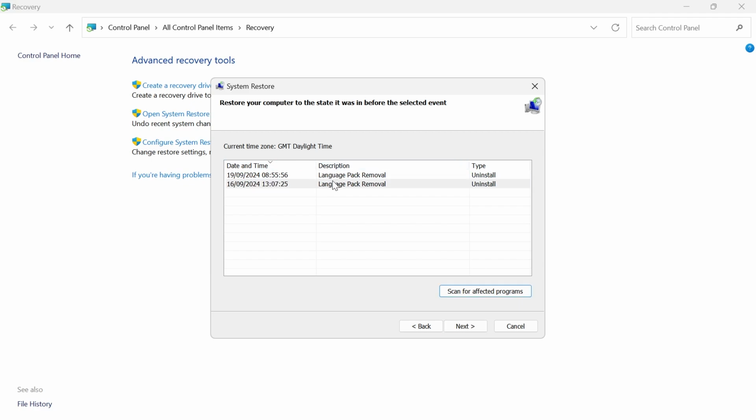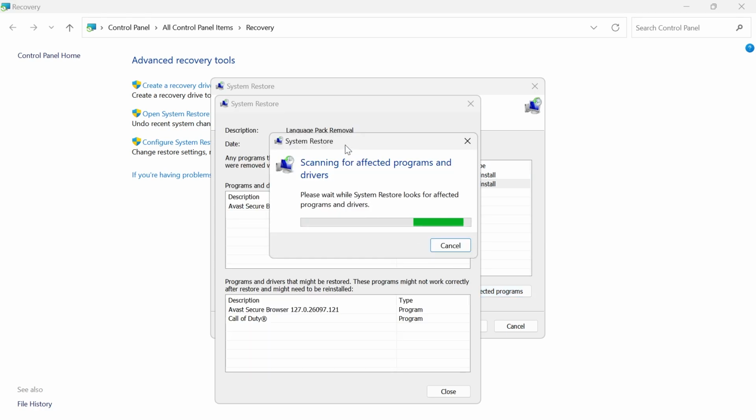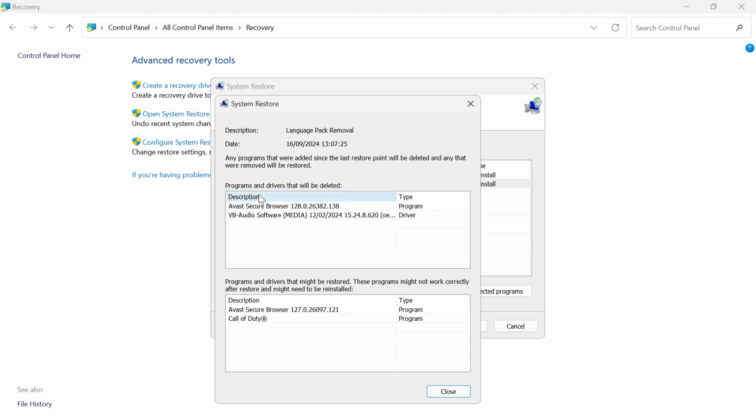the apps. If you're not sure which recovery point to choose from, you can also press Scan for Affected Programs at the bottom here, and this is going to scan all of your apps and drivers, and it's going to list all of the applications that were affected. So you can see down at the bottom here, these are the applications that I'll be restoring if I choose this restore point. So if you do have your app listed inside of here, then all we simply need to